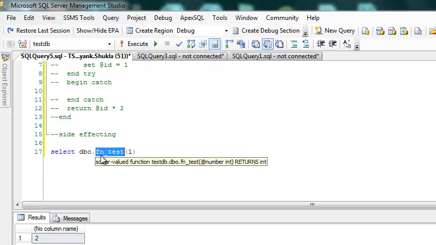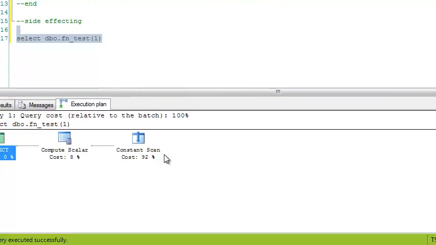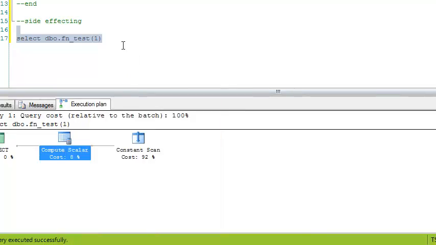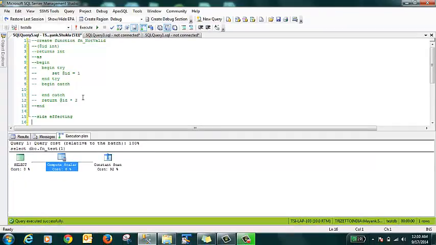And moreover, if I'm using any update statements, every function has a fixed query plan. It is a constant plan. If I execute this, you see this constant scan and compute scalar, nothing else. It's a simple compute statement. So it has no plan of its own, and every update, delete, DML operation requires its own plan. So functions were not designed for DML operations, something I've now explained.